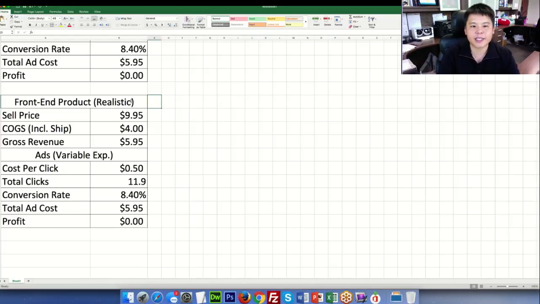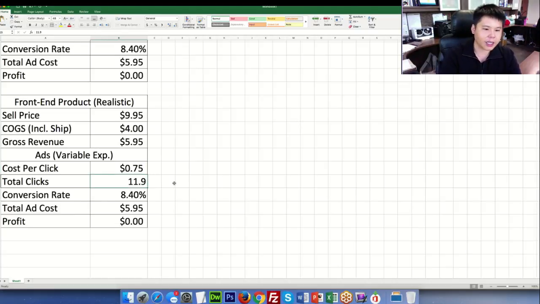Okay, realistically, here's what happens, okay? You're basically going to be paying around 75 cents a click on average, okay? How many of you agree that your average cost per click is going to be around 75 cents, 80 cents right now? Put a 3 in the question box if you are seeing that, right? Obviously, some may be hitting more than $1, but it also depends on the conversion rate and all those other things. But 75 cents is on average what you can actually get on Facebook right now.